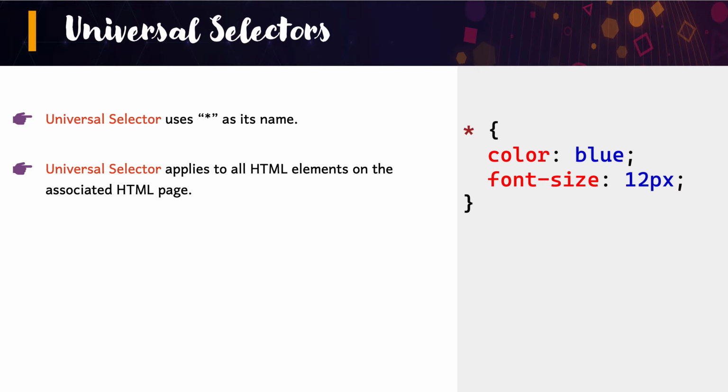If you use star as a name of the selector, then that is called universal selector. Why is it useful? When is it useful? Imagine you are creating a web page that has a lot of different elements, but you want all of the text to be consistently left aligned, to use the same font, and so on and so forth. Then you just put a universal selector somewhere in the style sheet and then say use black color, center aligned,